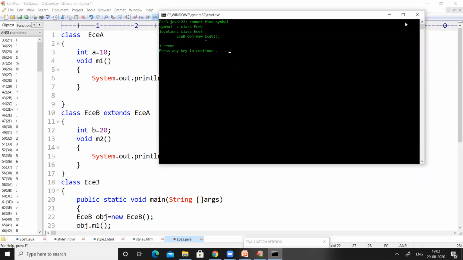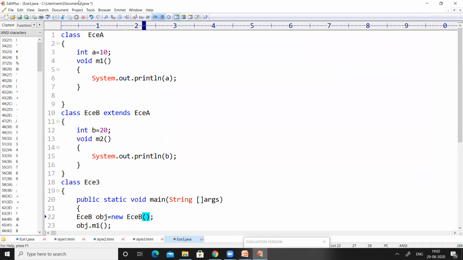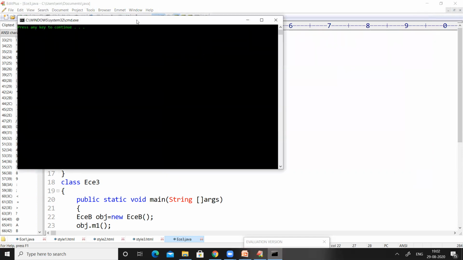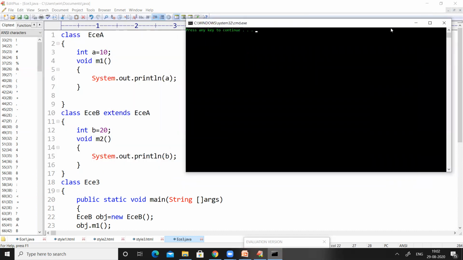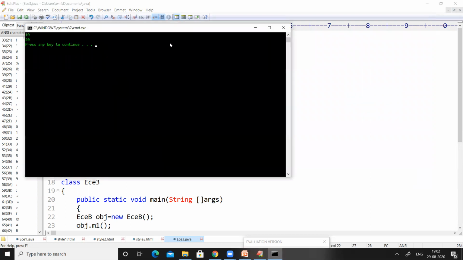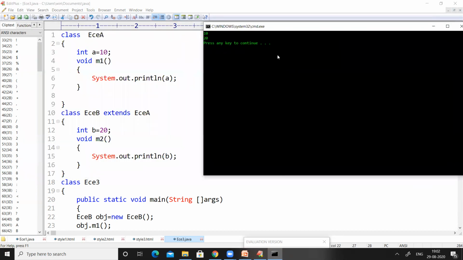So close the error window. Now just compile the code. So there are no errors. And now run the code. So now you can see the output 10 and 20.